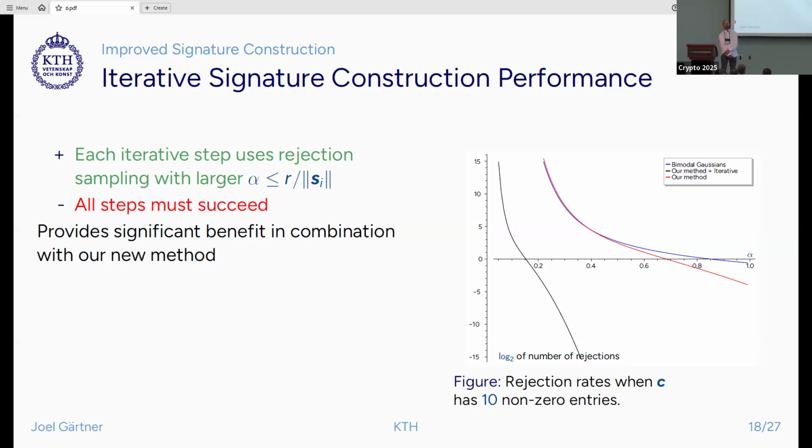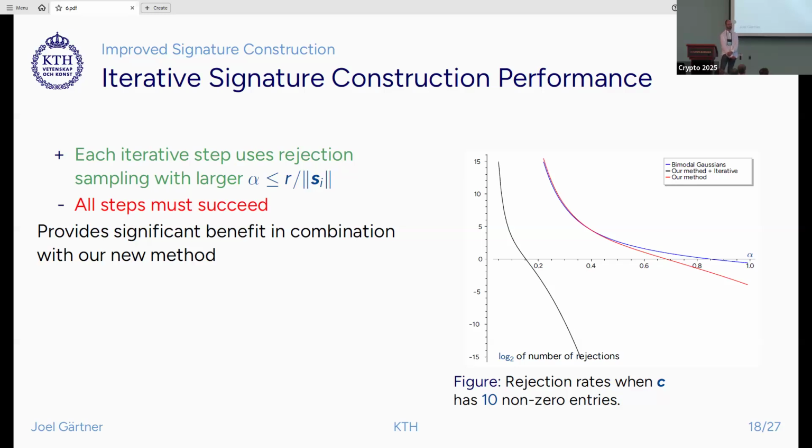But this is more than made up for when we use our new reaction sampling method, as the reaction probability decreases very quickly as we increase alpha, allowing us to have this performance here in black for our new iterative signature construction. And as you can see, it allows for significantly smaller alphas to be used,